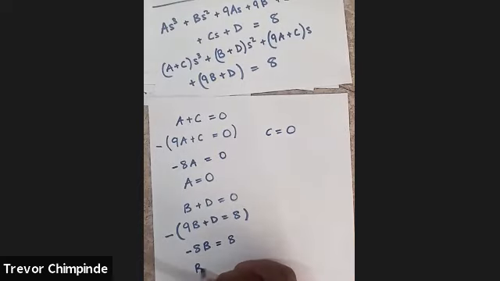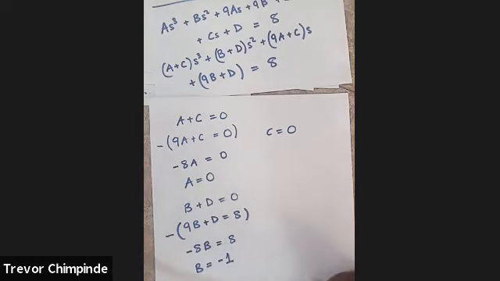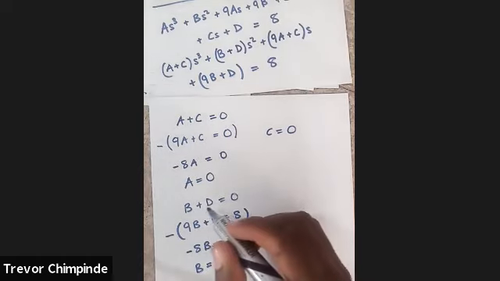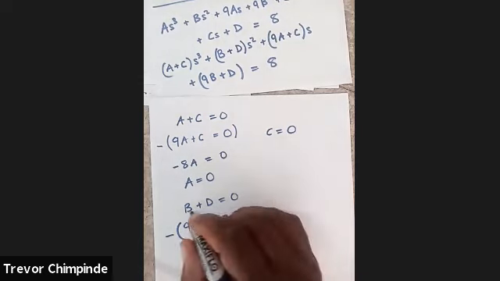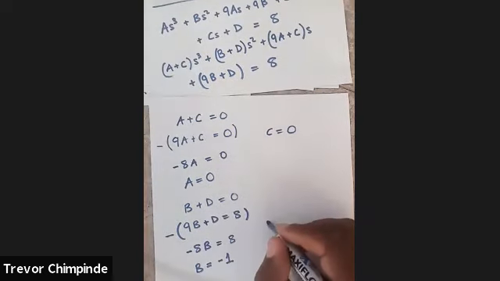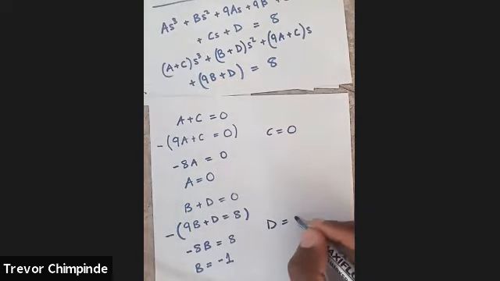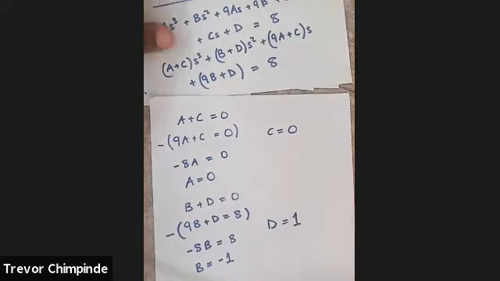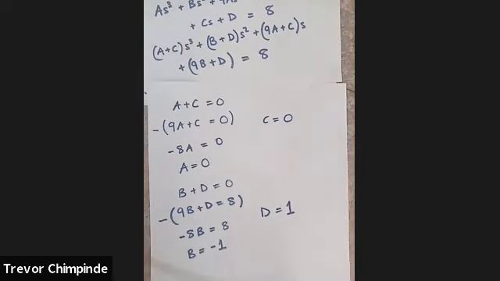So b is equal to negative 1. If b is equal to negative 1, then d should be 1 because b plus d is 0. So d is 1. Okay, so if this is the case,